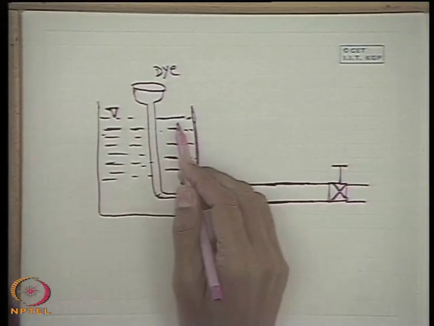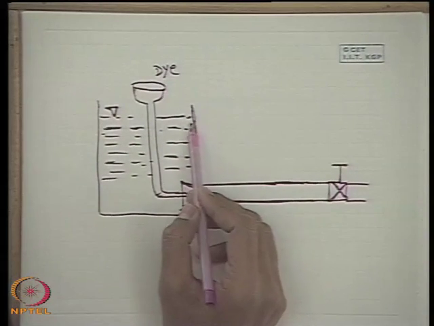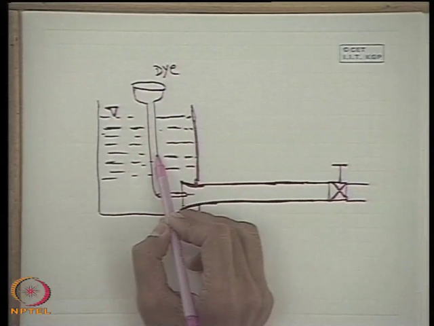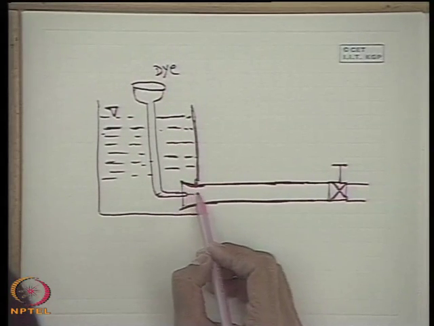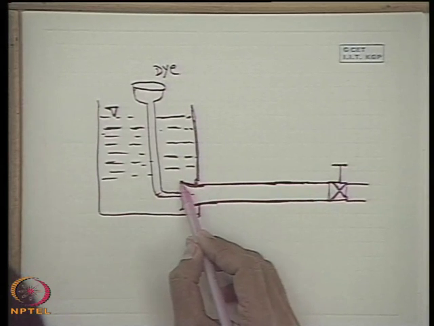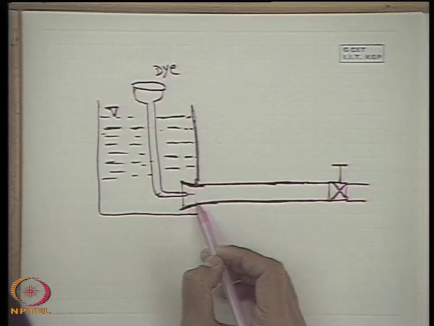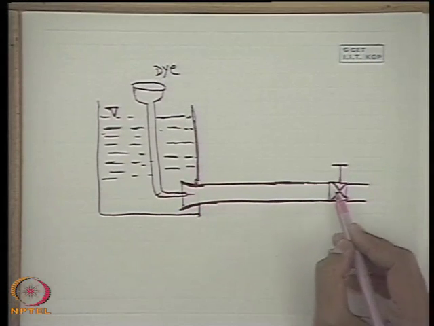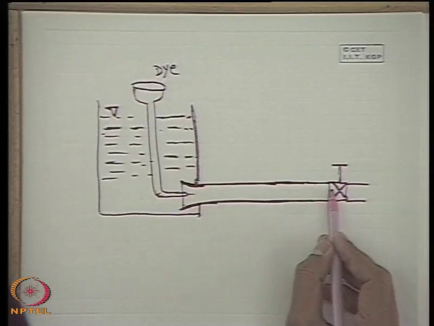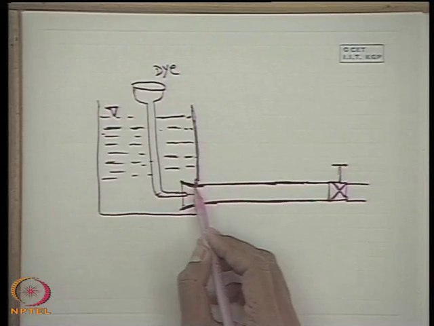Now, what was started in the experiment? What was his basic intention? First, the water in the tank was allowed to settle calmly, so that no disturbance is there in the water. Then, to make a smooth entry of the water into the tube without any disturbance, the entrance was made flared like this, which is known as a bell mouth entry. Then a valve was kept at the downstream to change the flow through this tube, so that the entry of the liquid takes place without any disturbance.